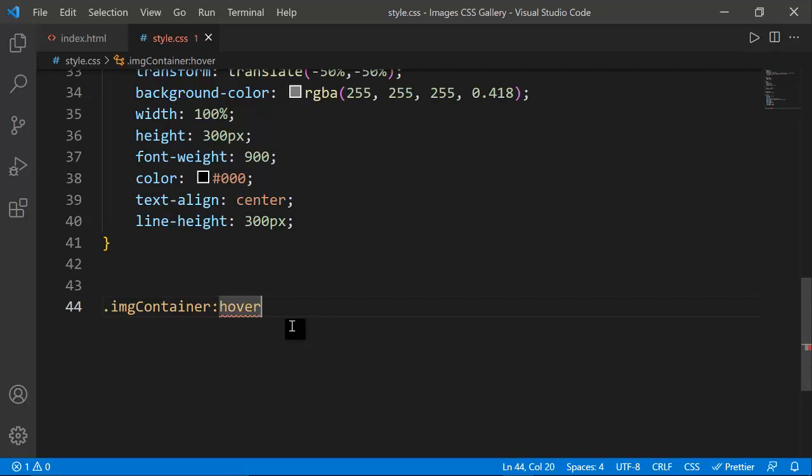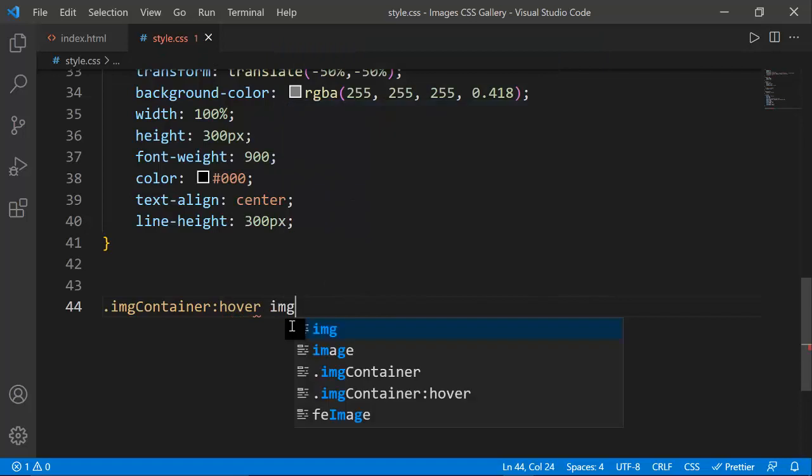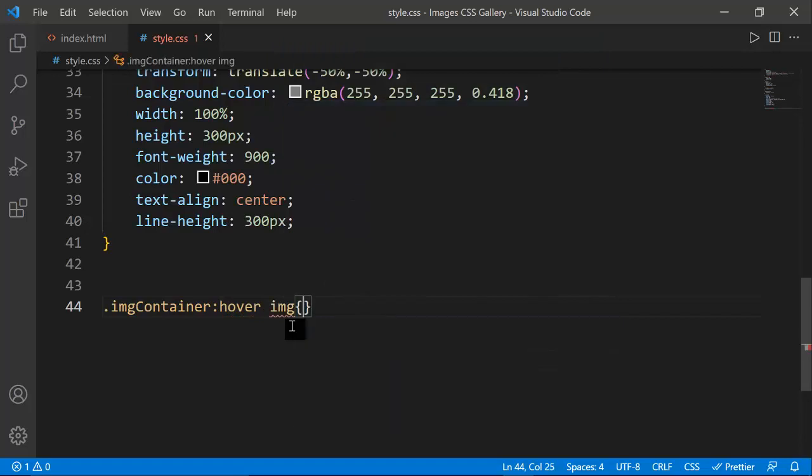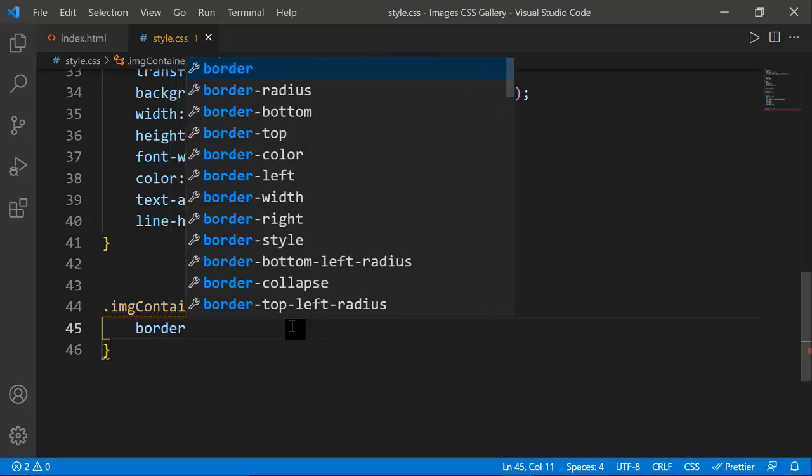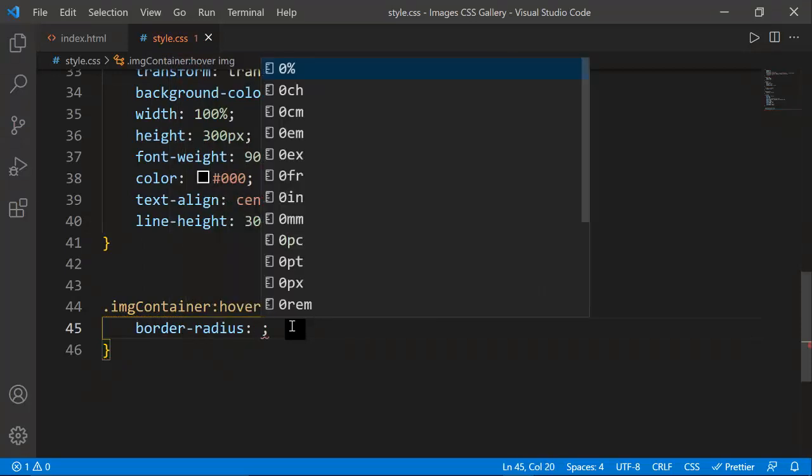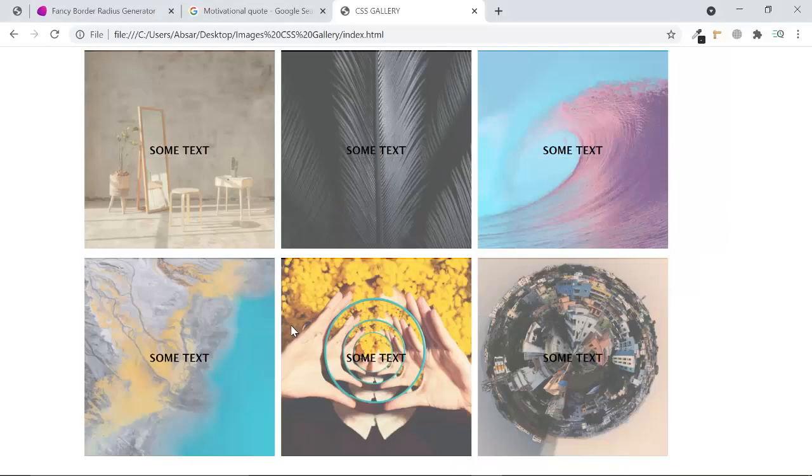So it's simple. If someone hovers on the image container, my images change their border radius to 50%. Okay, once you refresh it,